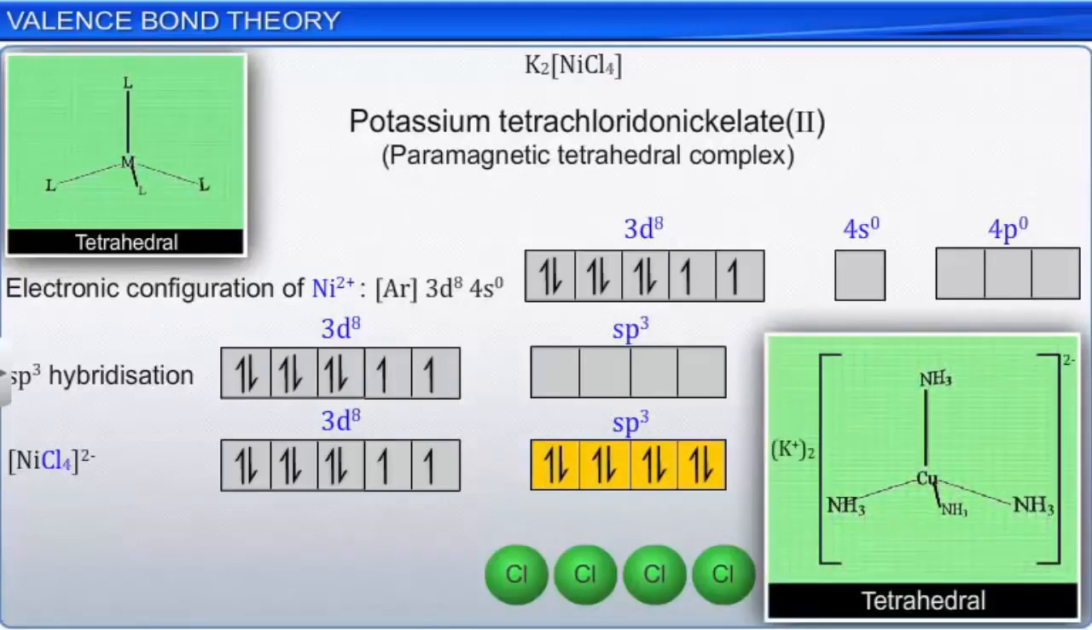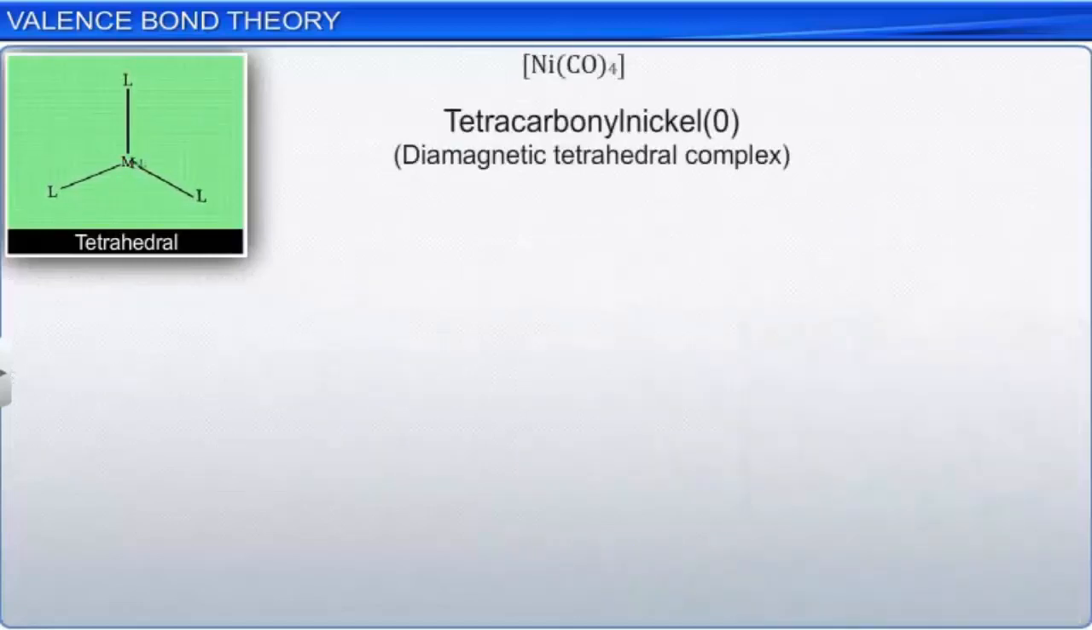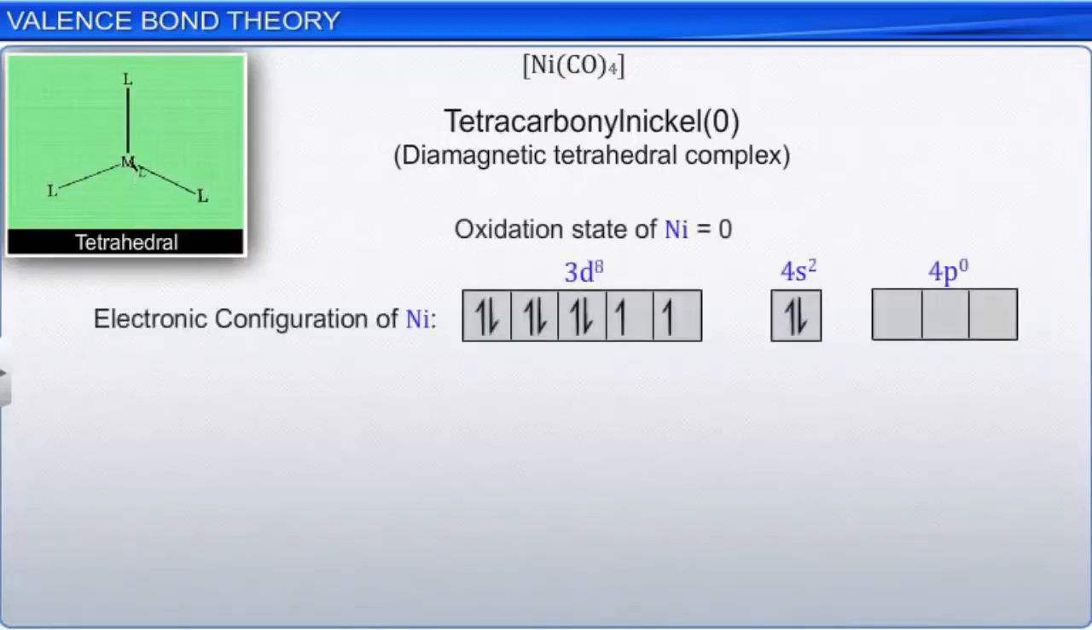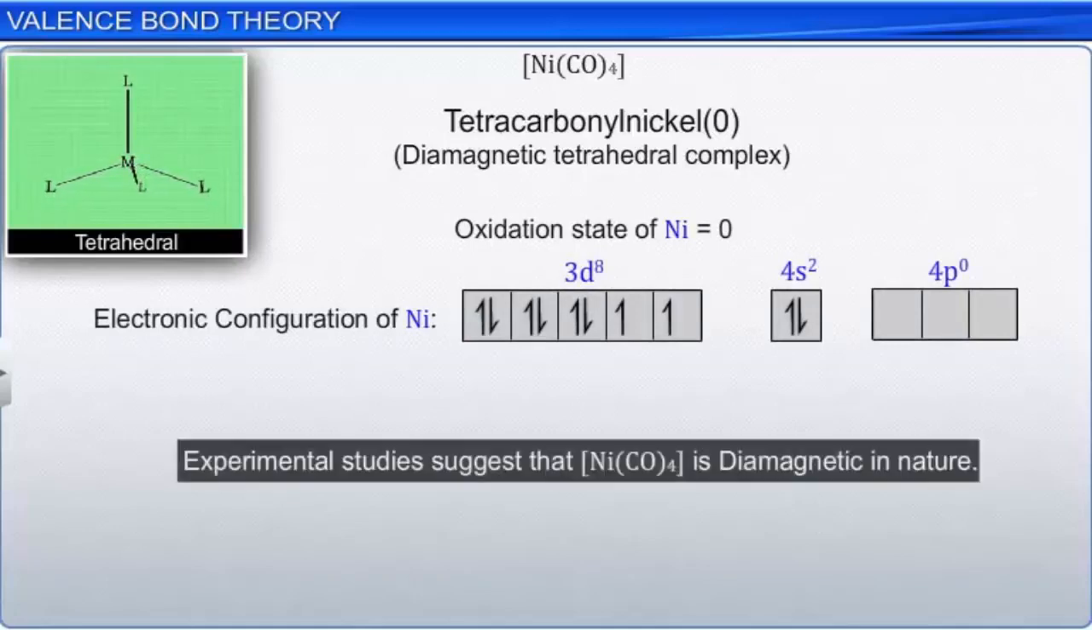Tetracarbonyl nickel(0) is an interesting example of a diamagnetic tetrahedral complex. In this complex, the metal atom nickel is in zero oxidation state. Experimental studies suggest this complex to be diamagnetic in nature. This is possible only when the paired electrons in the outer 4s orbital pair with the electrons in the 3d